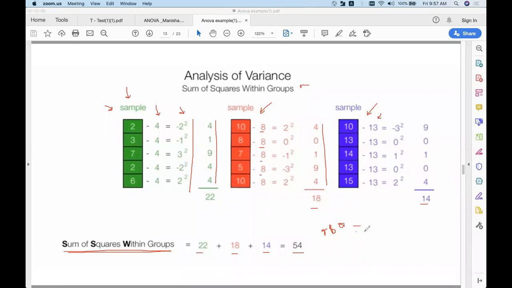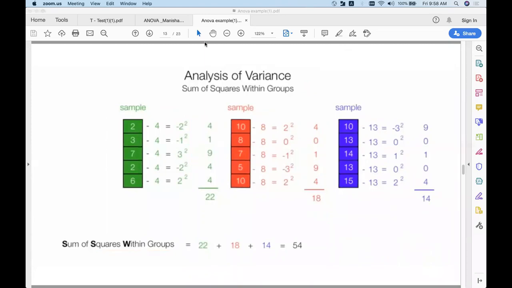Now, as I've mentioned, the total sum of squares is equal to the sum of squares between the groups plus the sum of squares within the groups, right? Now we have found this value, so this value is 237. We have found the sum of squares within the groups, which is basically 54. Can you find this value? Yes, we can. Always in ANOVA, you don't find all these values. You just calculate one of these values, and the remaining value you can get by subtraction. So this will give you this value.